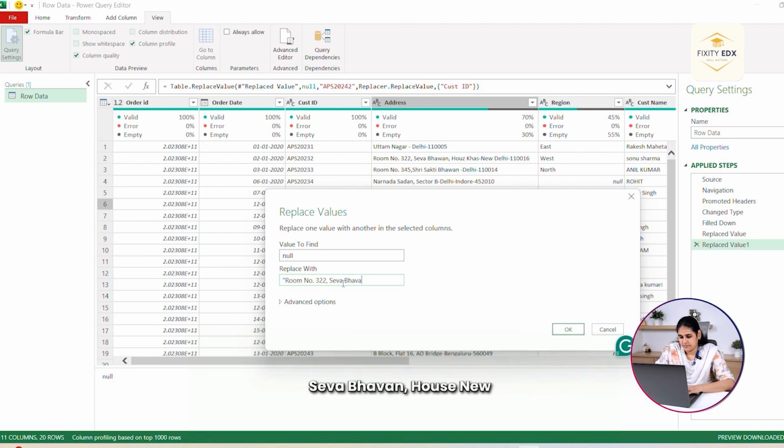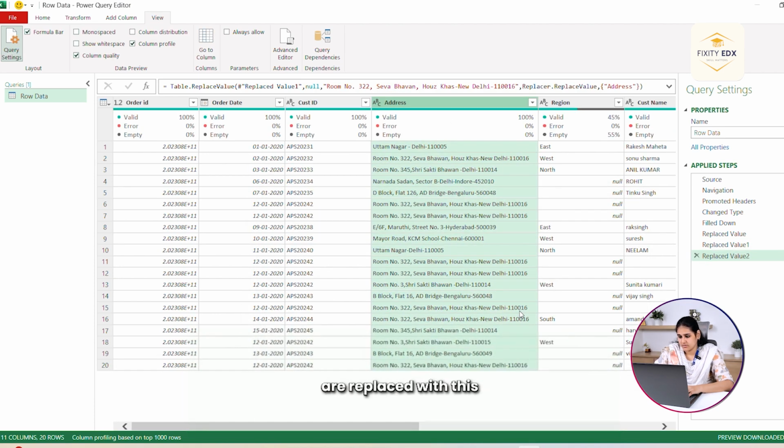Seva Bhavan, comma, House Khas, New Delhi, 110016. Click on OK. Now the null values are replaced with this.